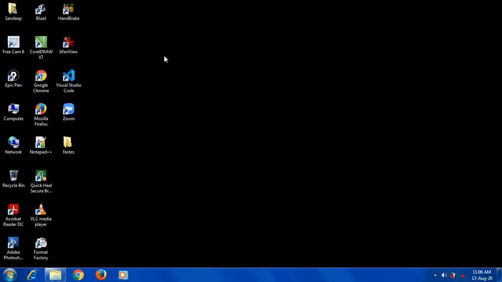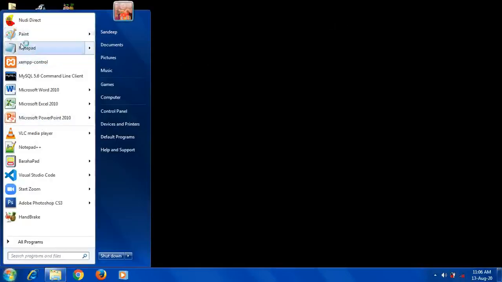The next point given in your textbook is how to switch on a computer. On this screen I can't show how to switch on the system, but I will type it in a notepad and you can follow it. First, switch on your main power supply.